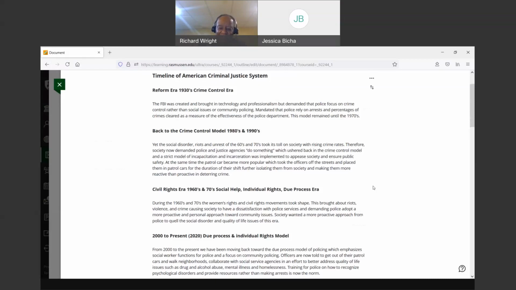And so the police have begun to move in a direction of better service to the community. If you look at the period of time of the civil rights era from the 60s to the 70s, that's when we get to cases like Miranda versus Arizona, that's a Fifth Amendment case, which we'll talk about in a minute. But you have Mapp versus Ohio, or you have